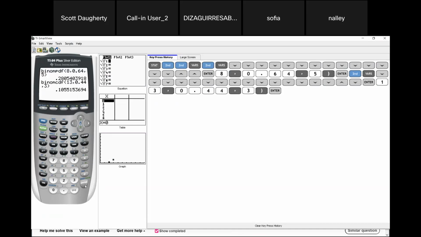So to be clear, the difference between the PDF and the CDF is that when I plug 3 into the CDF, it's actually calculating the probability starting at 0 all the way up to 3, and it's adding up all those probabilities. It's an accumulation. Whereas when I do the PDF and plug the 5 in, it's only calculating the probability of exactly 5 out of 8. It's not adding them up, it's just calculating the probability that x is 5. Okay, so that's the difference between the PDF and the CDF function. Does that make sense?